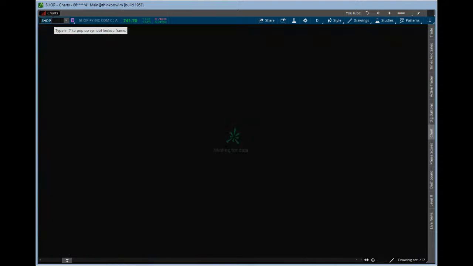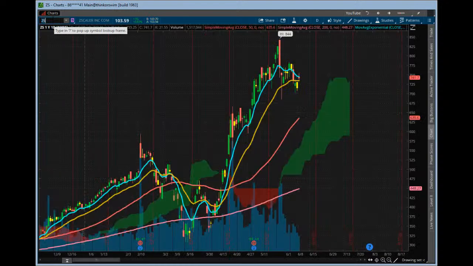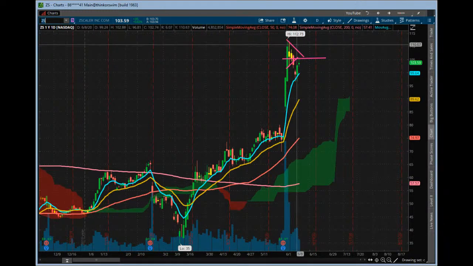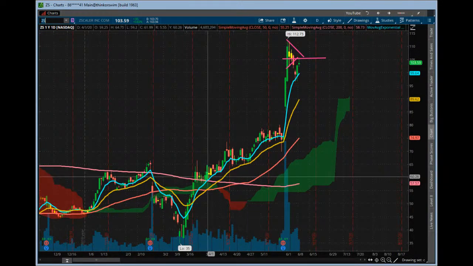SHOP is still kind of chopping around there in the trend box, and then ZS trying to work its way back up. It is holding the 80 MA, but again, remember that double inside day right there? So just be careful with that as potential resistance. It's kind of a tricky area right here. So we may see some slop for a little bit, and then it might give you a couple moves right here. But it's hanging in there. It's holding on to the 80 MA, so that's good. And it's over the 21, so always good.